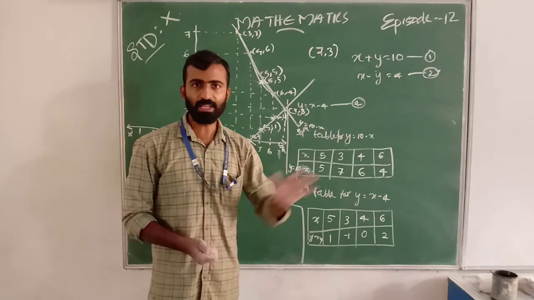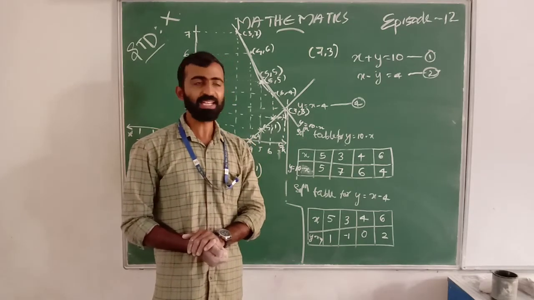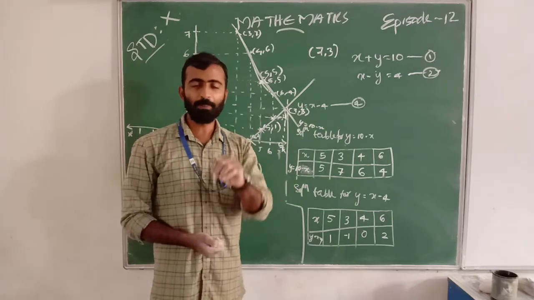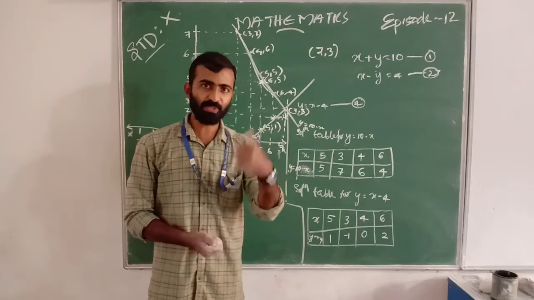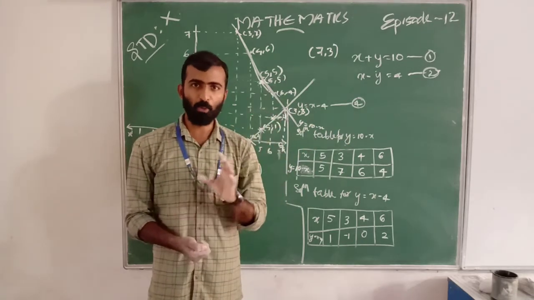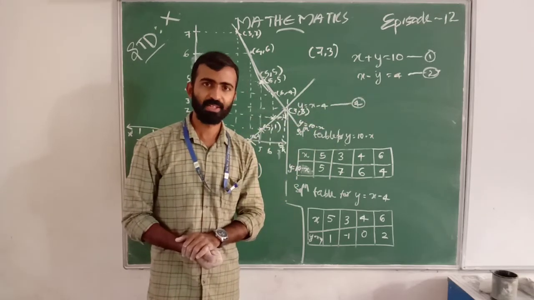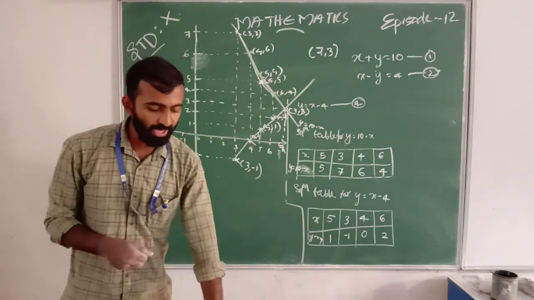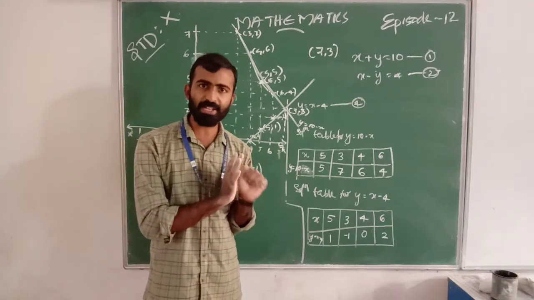When 10 students are attending the quiz, that is 7 plus 3, 10, and 4 more girls than boys. Here the number of boys is 3 and 3 plus 4, the number of girls is 7. That is, number of girls minus number of boys equals 4. The question is satisfied. This is the solution for question number 1, first part. The second part follows the same method.